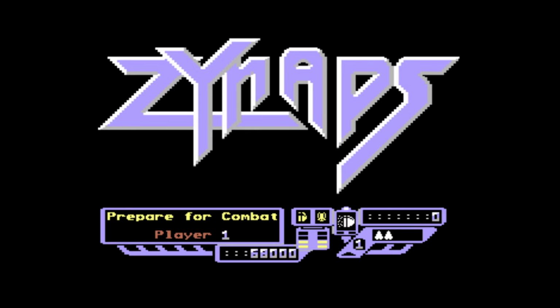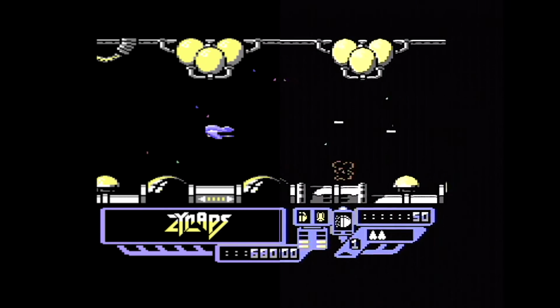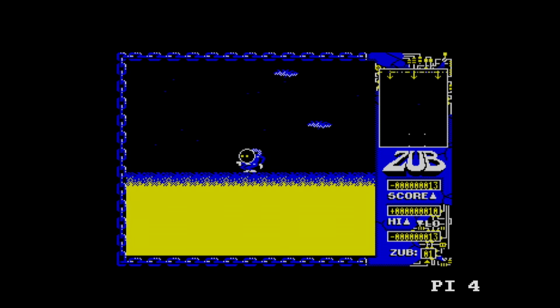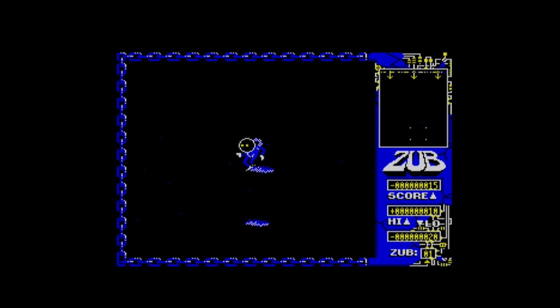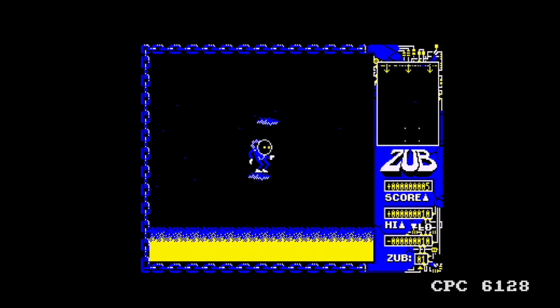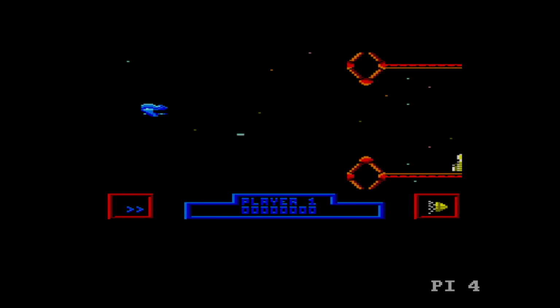And this is Synapse running on the Pi on the C64 versus Synapse running on a real C64C. Over to the Amstrad CPC, sticking with Z, and this is Zub running on the Raspberry Pi. And here it is on a real CPC. Evident that there's pixel aspect ratio differences, that for some reason the Pi output looks more stretched horizontally than a real CPC. And here's Synapse running on the Pi